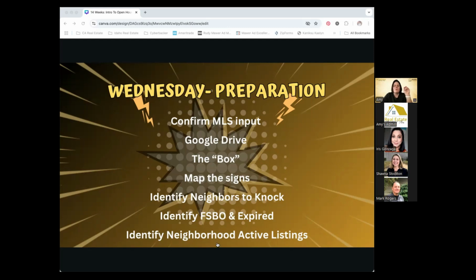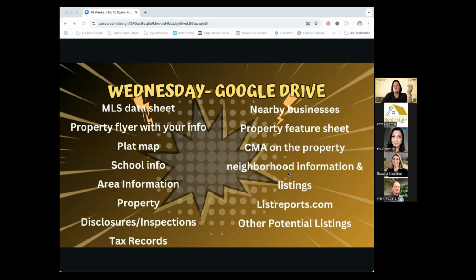Okay, so Wednesday prep, we're going to start with confirm that MLS input, set up our Google Drive, make sure your box is stocked, map your sign locations, identify your neighbors, identify the FSBOs and expireds, and any other active listings. Okay, for the Google Drive, I like to create a Google Drive for all my open